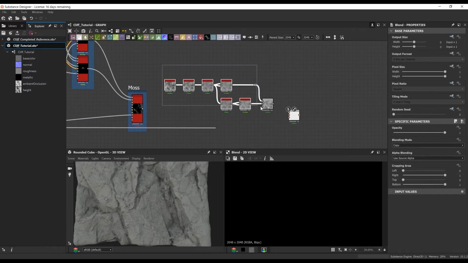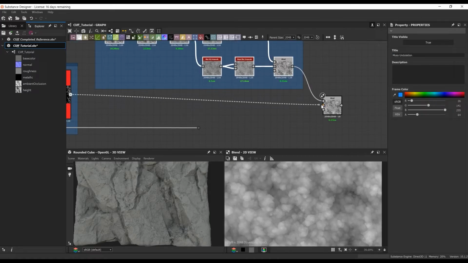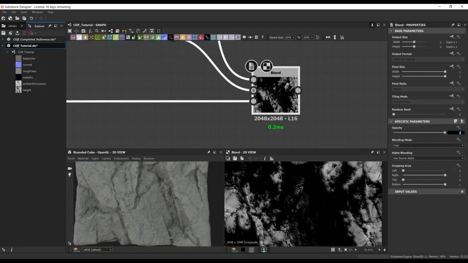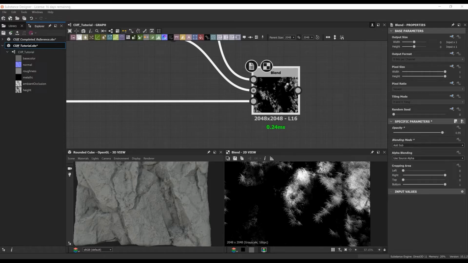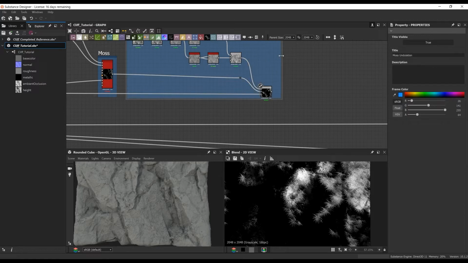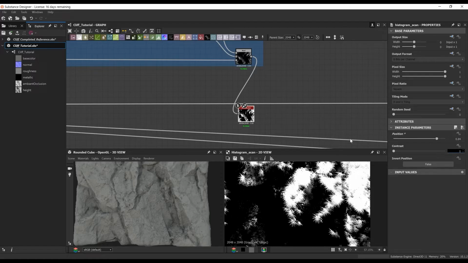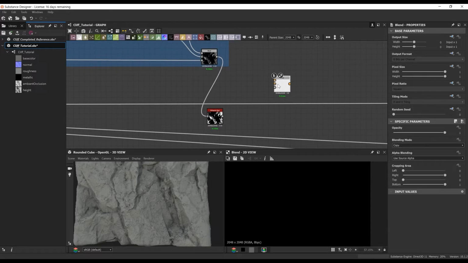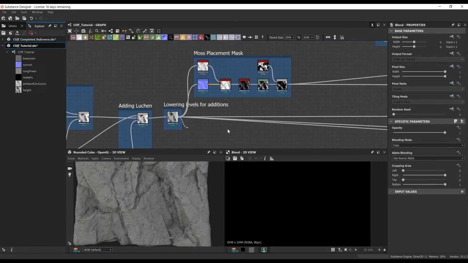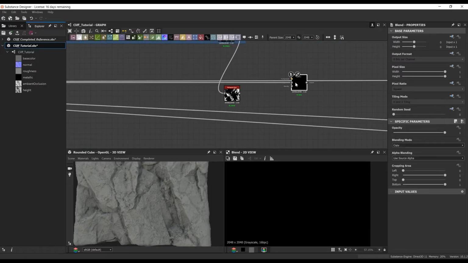So here I'm plugging in the moss that we created and blending that with our newly created undulation. And I'm using that same mask, that way the undulation is only affecting the moss that we just created. Once we have all that in place, I'm going to bring in a histogram scan and levels out that new moss. This is going to be used as a mask for anything moving forward. So anytime we want to call out the moss again, we're just going to go to this specific mask node that we have here.